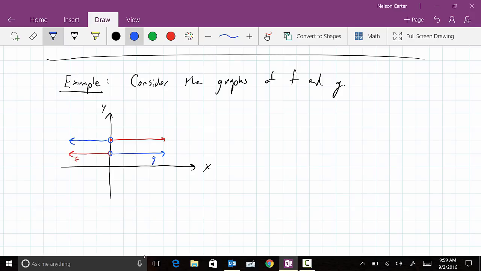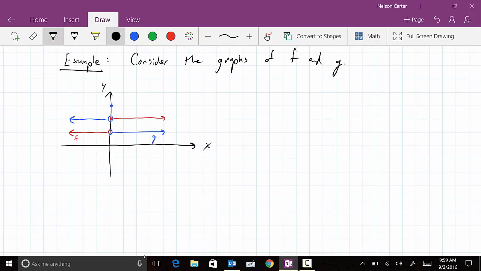So this is the graph of g. So now, maybe I'll fill it in to where the domain of both is all reals. So now, if we ask find the limit as x approaches 0 of, say, f of x plus g of x,